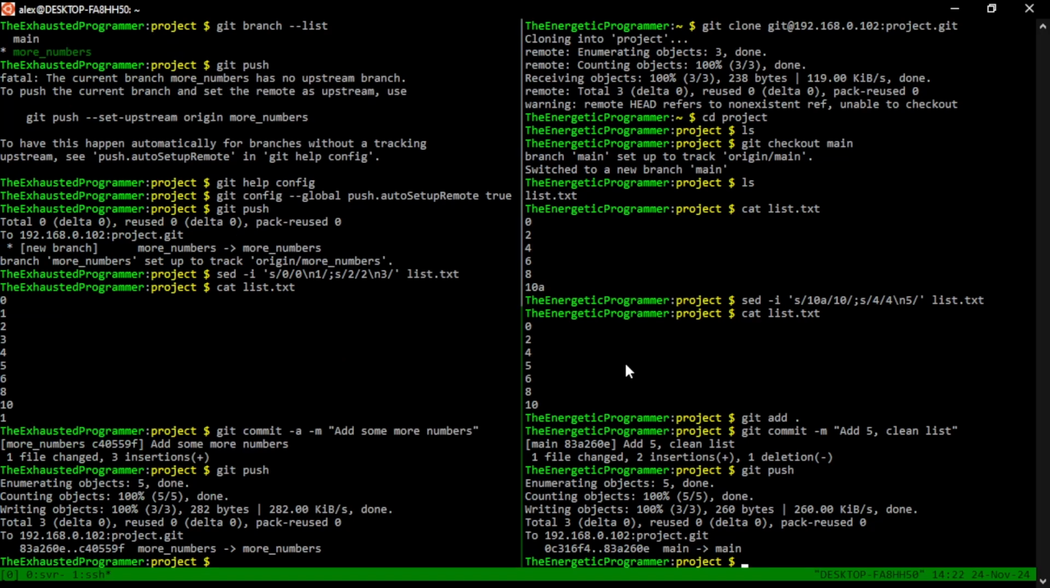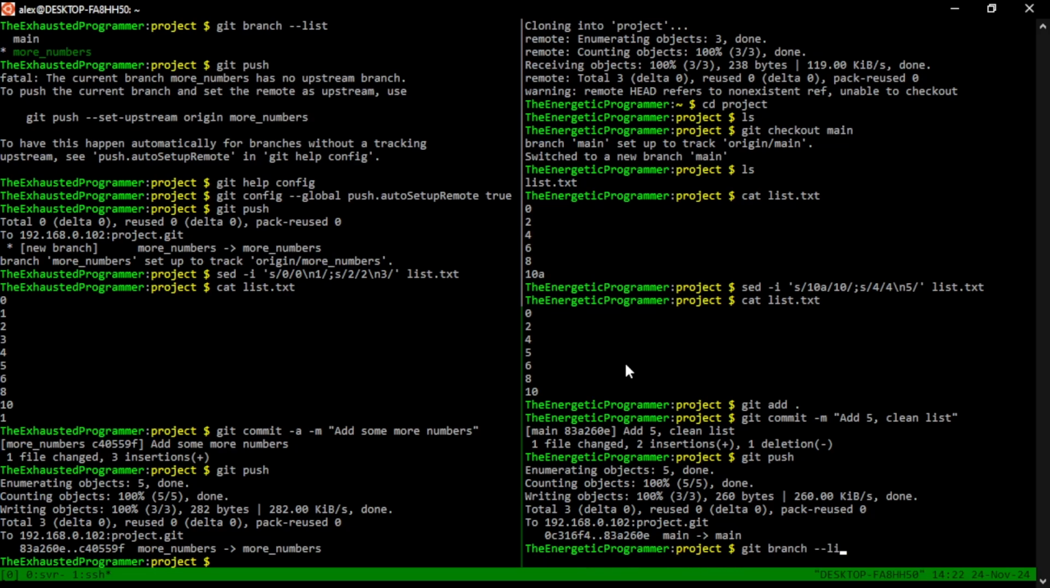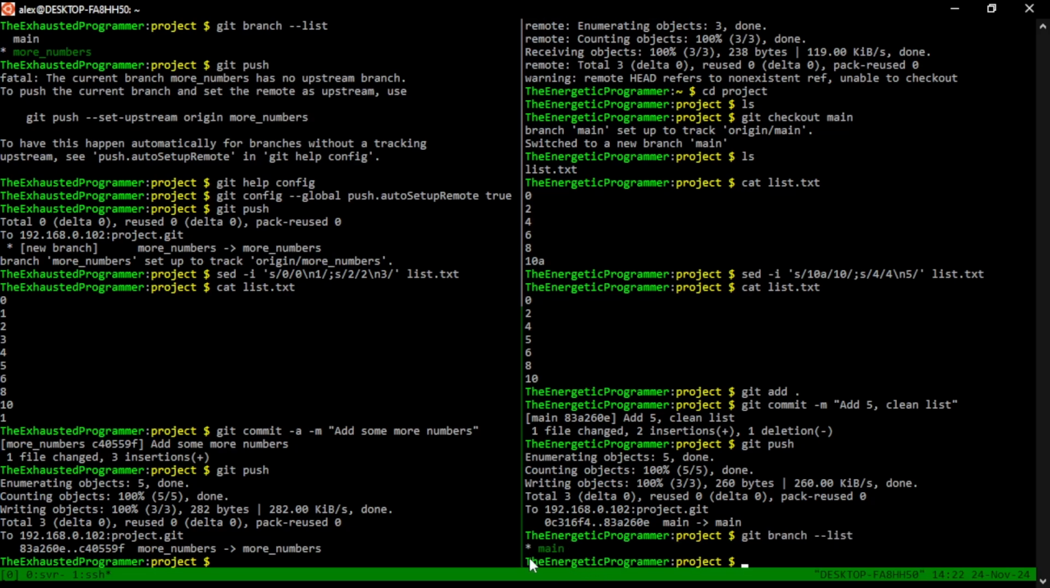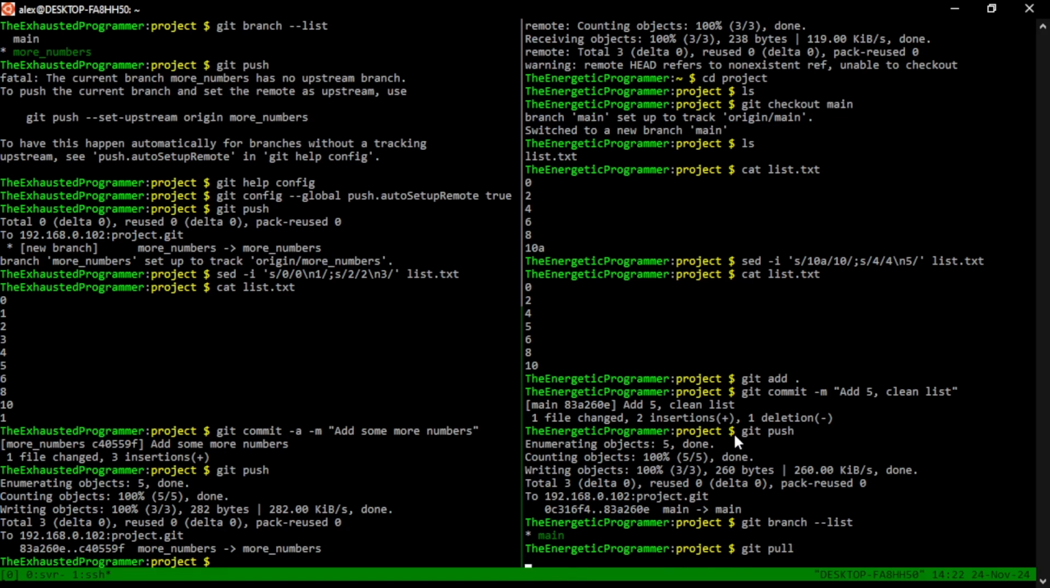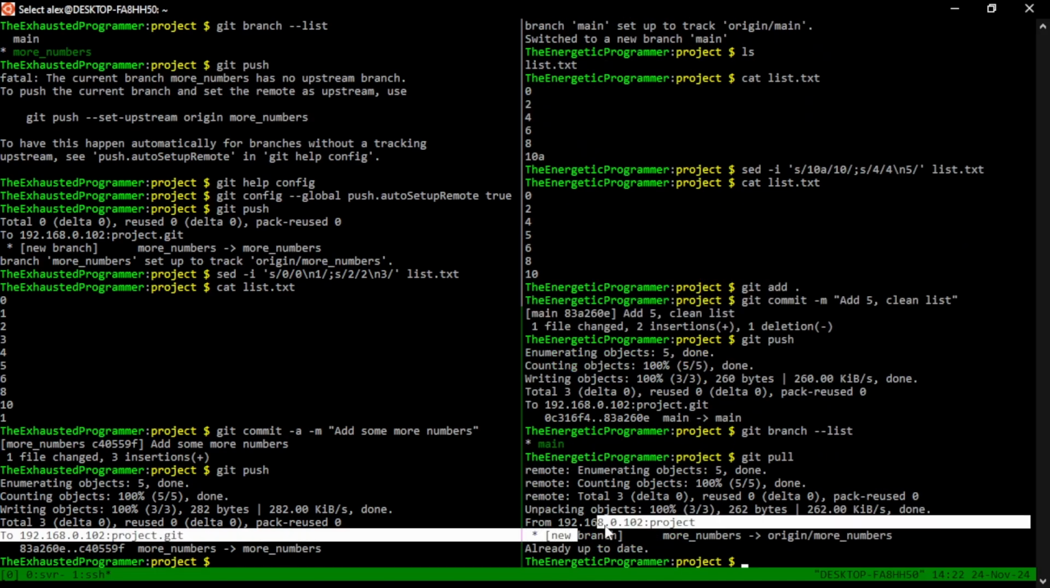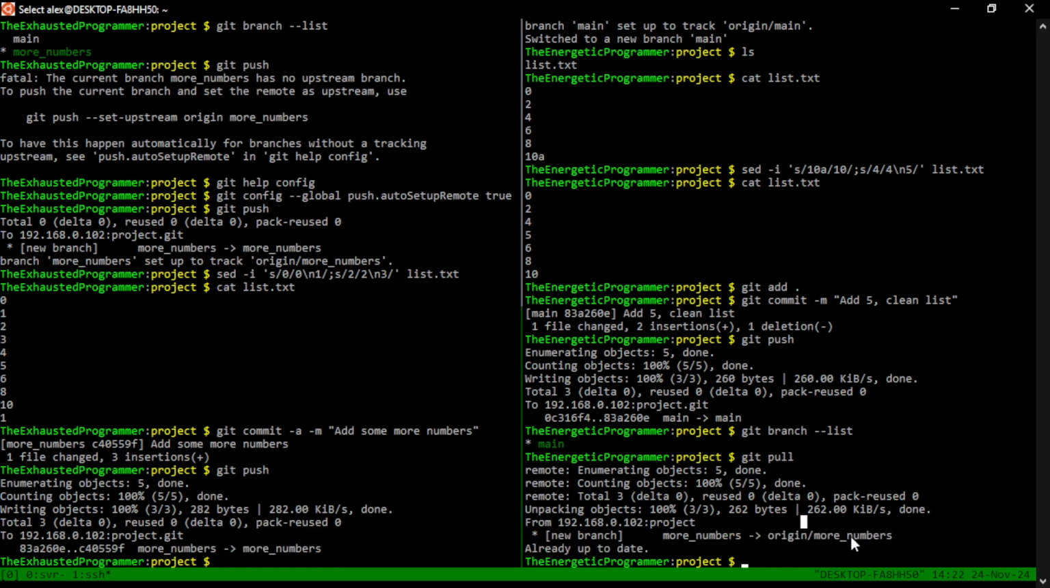So the energetic programmer is here, ready to get more information from the server. But first, just show there is no more numbers branch. And just like before, it's because we haven't pulled that information from the server. When we run git pull, we'll see that we actually pull in, hey, look, a new branch, more numbers, origin/more-numbers. All right, so now we can see that, right? If we run git branch,